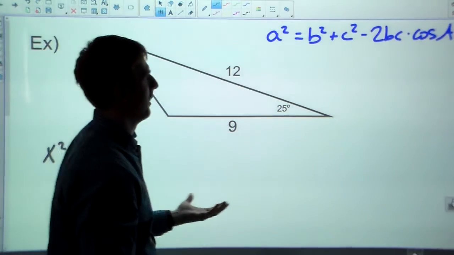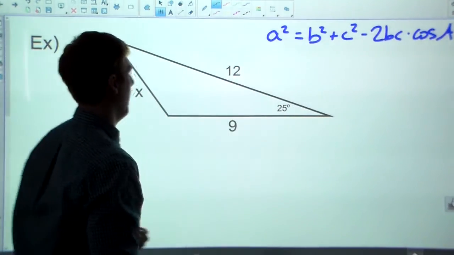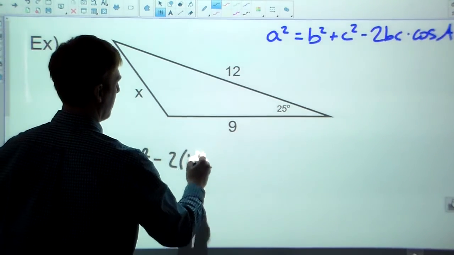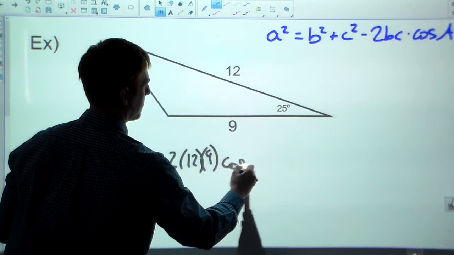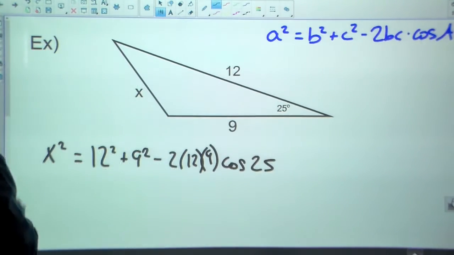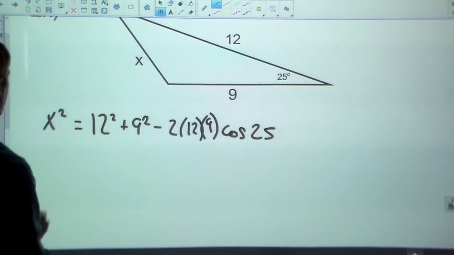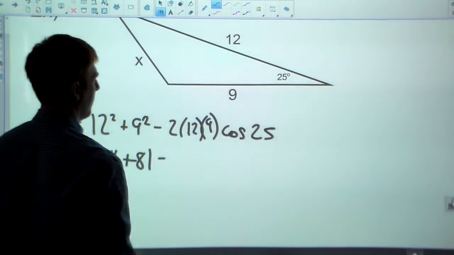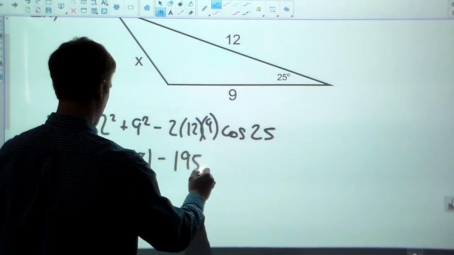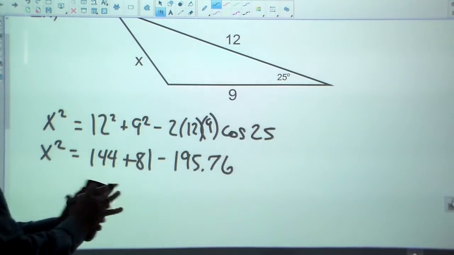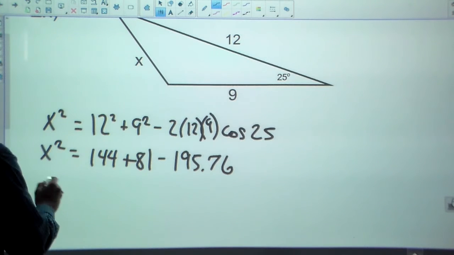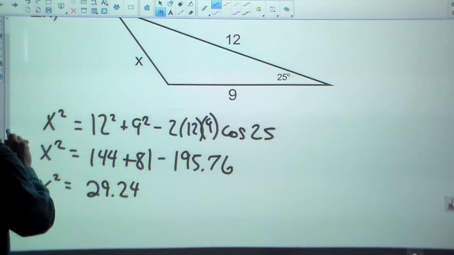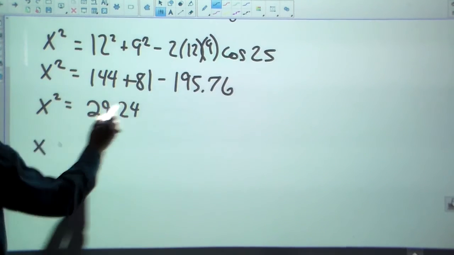And then you don't have to get too hung up on the b's and c's. Those are just the other two sides. So 12 squared plus 9 squared minus 2 times 12 times 9 times the cosine of that 25-degree angle. And now we just start working this out. So x squared is 144 plus 81 minus about 195.76. And as always, I'm going to use all the decimals in the calculator as I go forward. So when I put everything in the calculator, I get x squared is about 29.24. And if I take a square root,